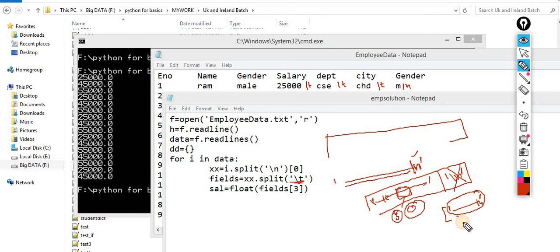Again I get a new list, and inside that list the 0 index contains the entire data and the 1 index contains this \n, and I just pick the 0 index. Inside XX is a string of the entire data that you required, and after that I split this string on the basis of this \t. Now this becomes another list, and from this list I pick the index of 3 and assign it to the salary variable.